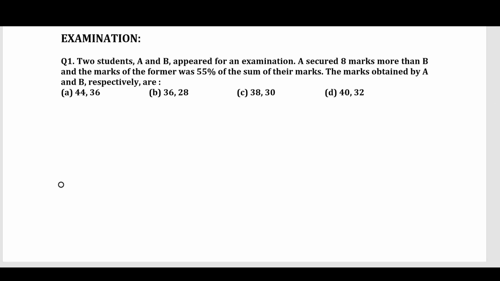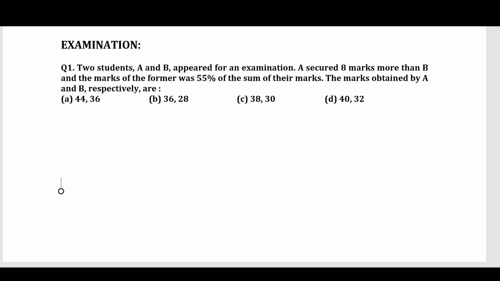Two students A and B appeared for an examination. A secured 8 marks more than B, and the marks of the former was 55% of the sum of their marks. The marks obtained by A and B respectively are